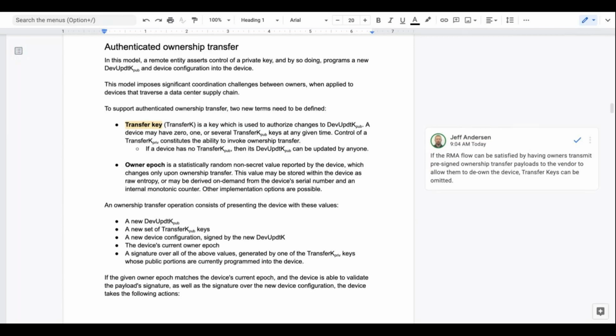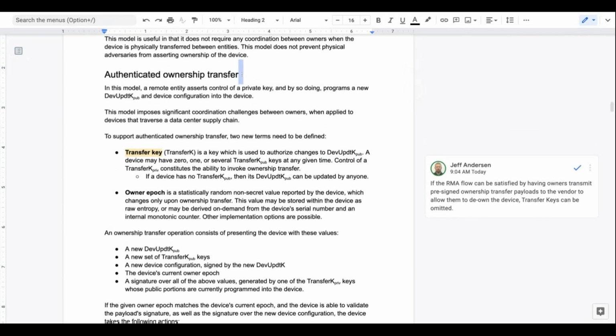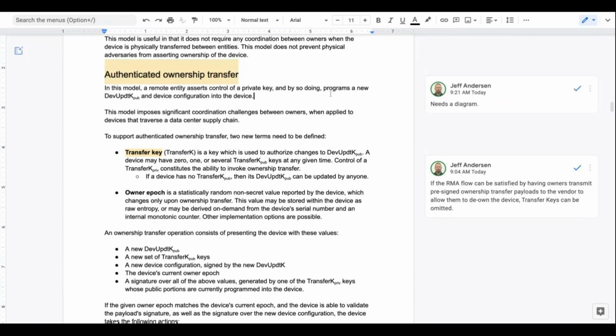Okay, so this is probably what we need to figure out. We know what you can do if you have a transfer key: change the update. Are there any other things that the owner can do beyond that? And if there are, does the device need to enforce security on those, which means you would need another key? Yeah, I'll put that in the diagram or flesh it out.